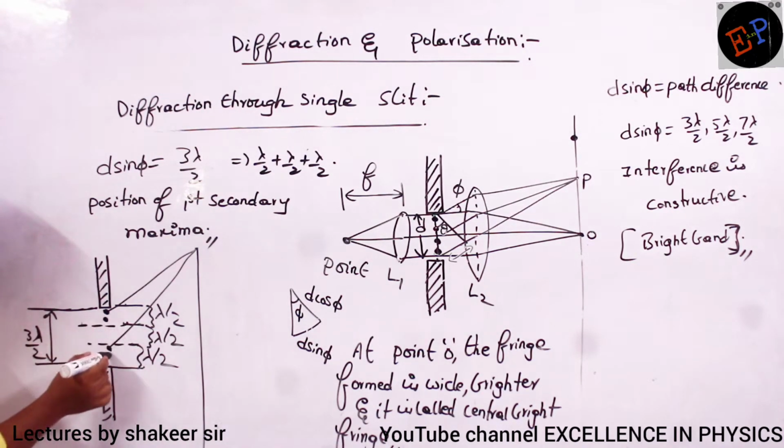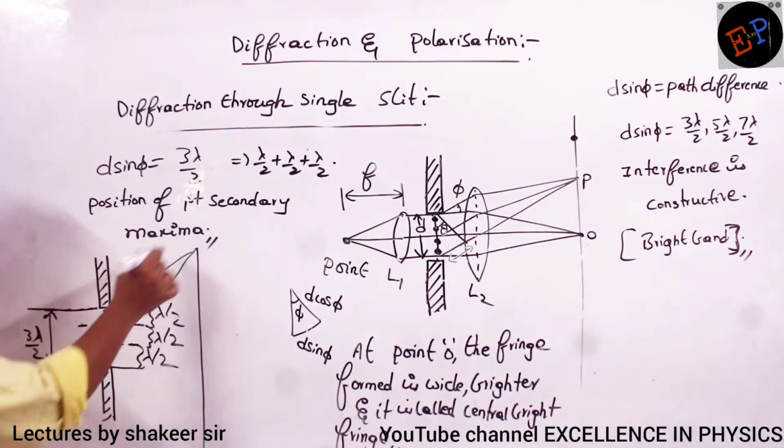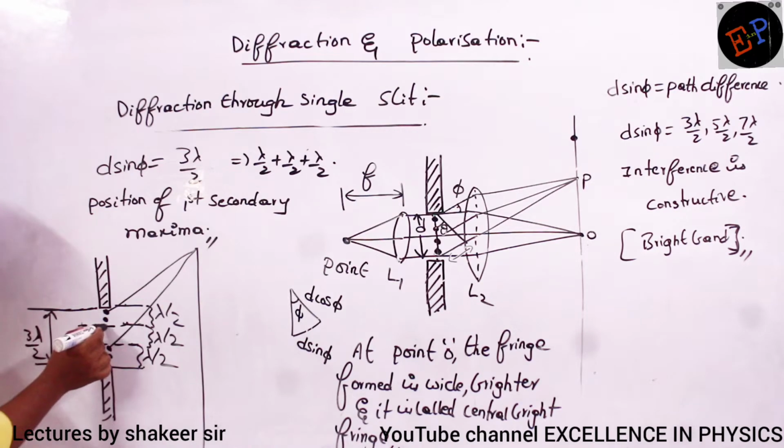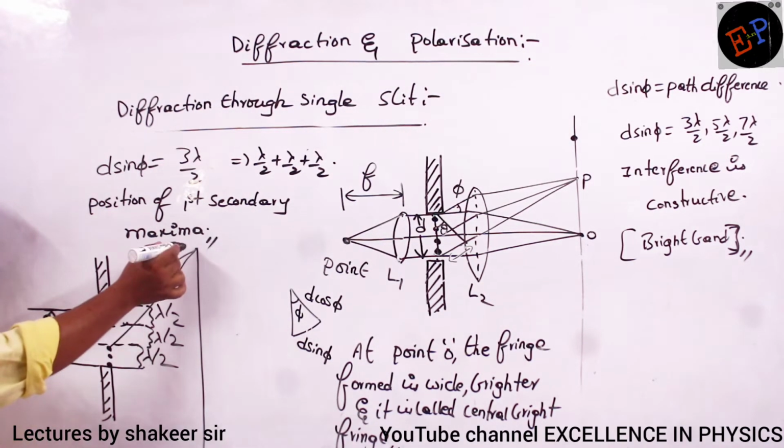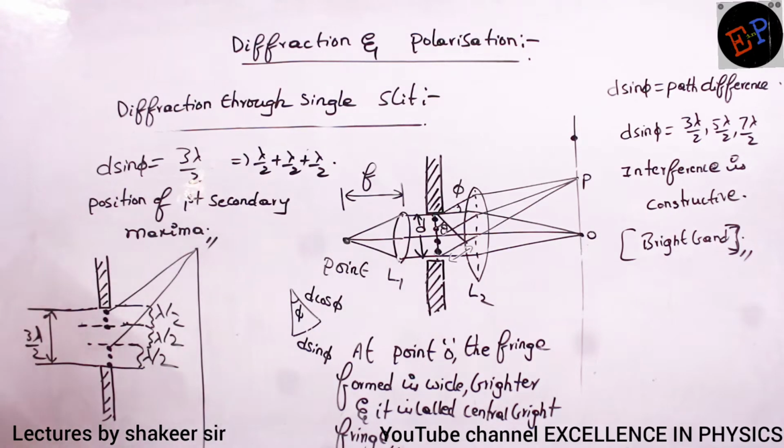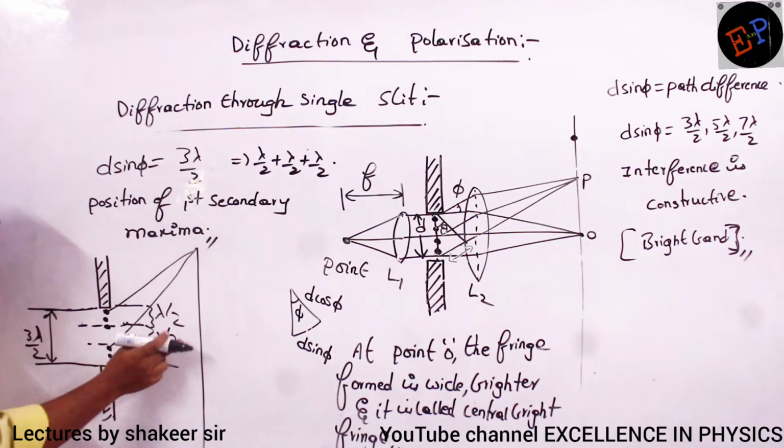Okay. So you take the next source of light, this one and this one. What is the path difference? Lambda. So they will also interfere constructively. You take the next one, this one and this one. These two also interfere constructively. So the remaining ones, they will interfere destructively. The rays which are present between these two bands will interfere destructively because the path difference between them is lambda by 2, no? Are you able to understand what is happening?